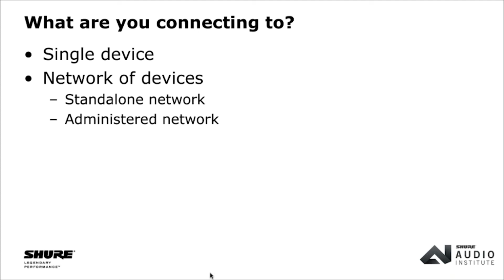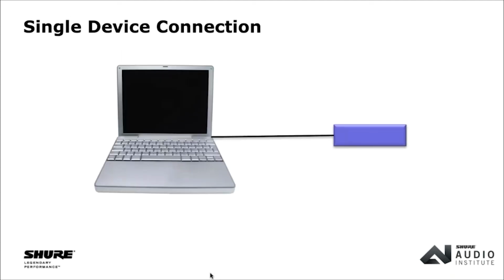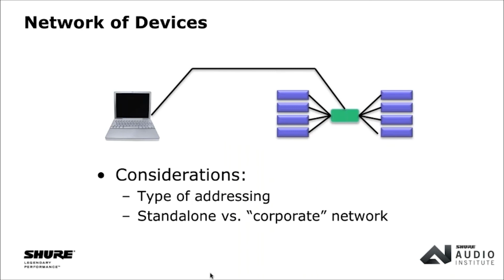So first off, it really matters what you're connecting to. When you have a computer on your desk and you want to connect to either one device or multiple devices, the way that you would approach each of those things matters based on the number of devices. If it's just a single device, you can very simply plug an Ethernet cable into the device and an Ethernet cable into your computer. And as long as you ensure that both your computer and the device are in the same IP range, which can be done by modifying the IP address and subnet mask on one device or the other, or both, to put them on a known network,